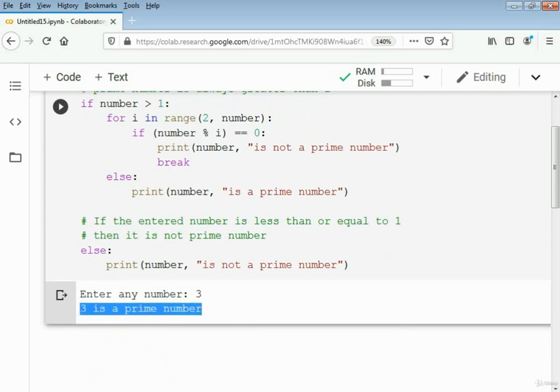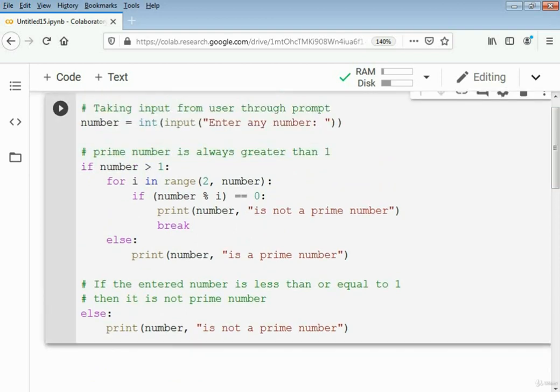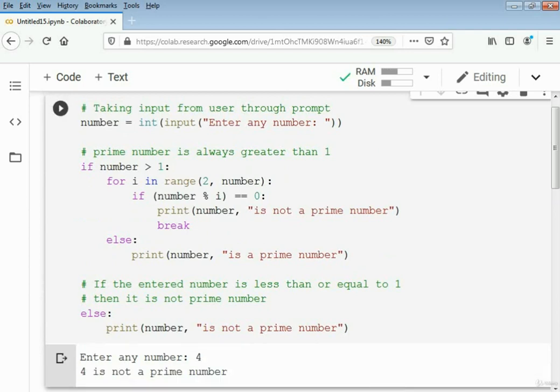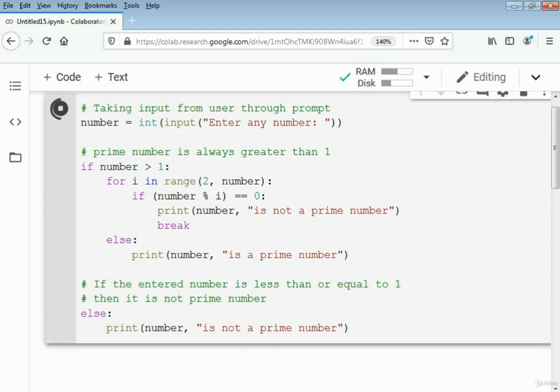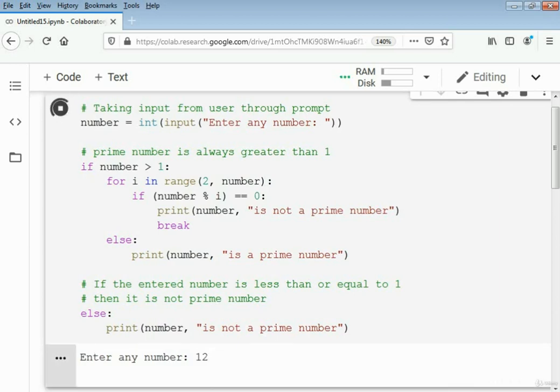We will check 3 as input, and we see that 3 is a prime number. So I will check this with 4, which is divisible by 2 and 1 and 4 itself. So you see that 4 is not a prime number.